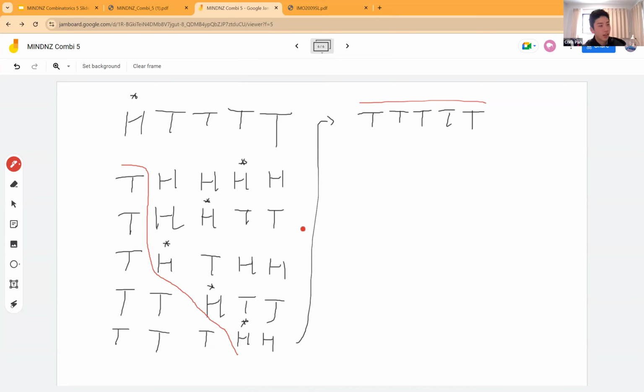I guess once you have, say, two T's at the start, the starting block, you can't ever change that, right? Because the only thing you can do is flip heads and flip things to the right of the heads. So you're never going to be able to do anything to this block of two T's at the start once you've made it. Similar with this block of three T's at the start. You're never going to be able to change that once you've made it. So it feels like the number of T's at the start grows and grows, until you just end up with